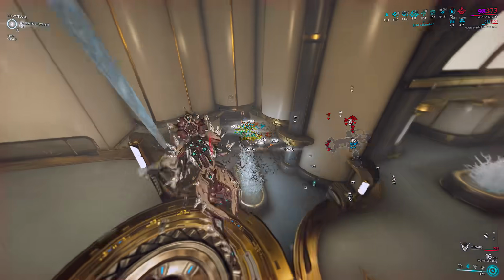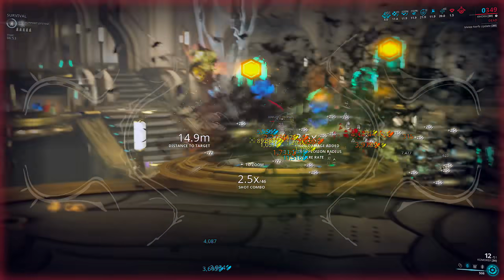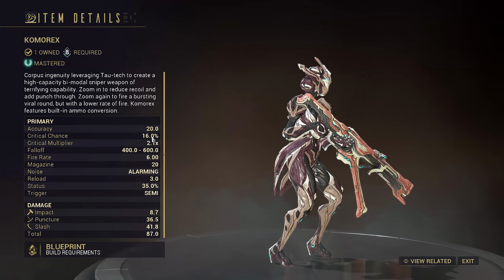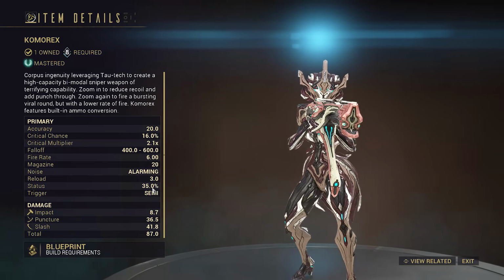A different playstyle for sure, but one of the absolute strongest for a weapon that isn't even from the AoE launcher category. Komorex is a sniper, but don't let that fool you. It is anything but your classical archetype. It has below average crit stats, which we will easily patch up later, but look at the status and that